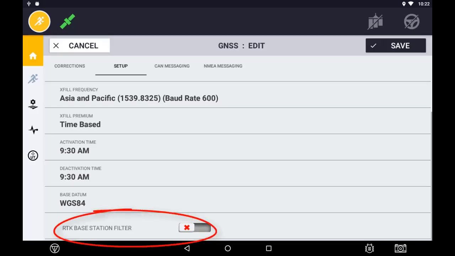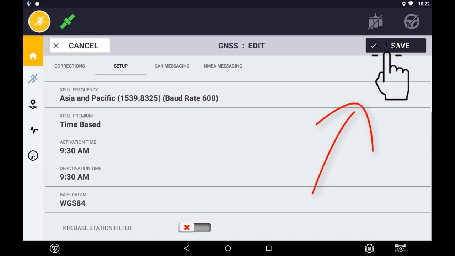Lastly, if the base station you are connecting to is using CMR ID, this will also need to be entered into the display. CMR ID is a unique identifier to that base station. This enables a base to have the same channel ID but different CMR IDs, reducing the chance of interference. Once these settings are complete, be sure to press the Save button to save settings and exit to the home